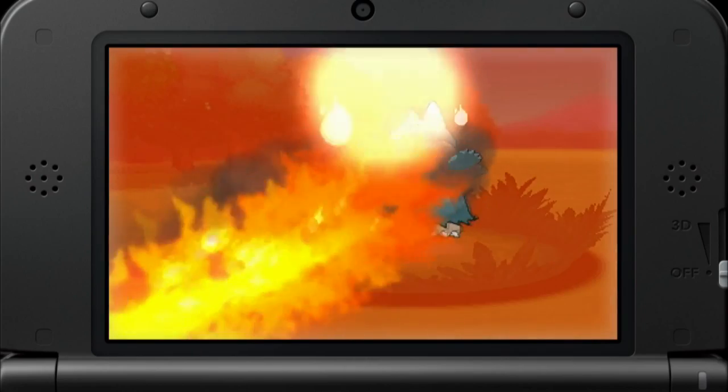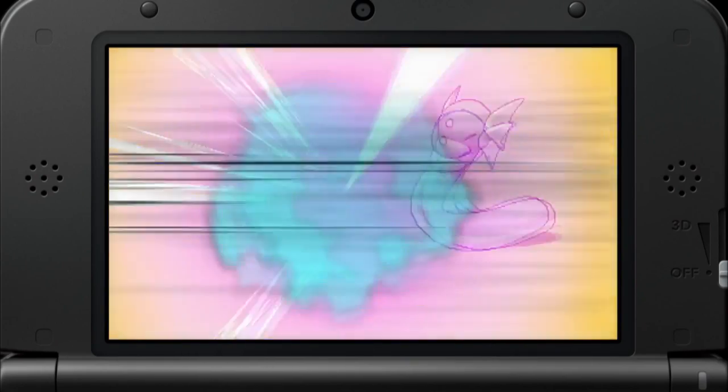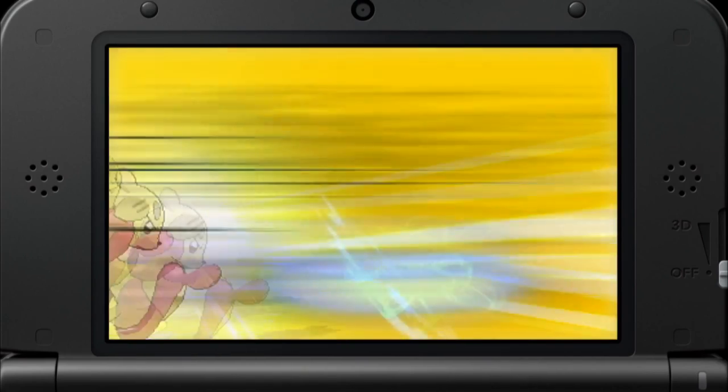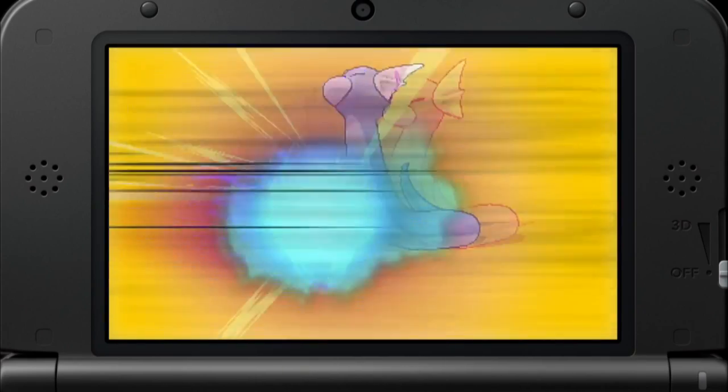Nintendo is actually stepping up their game, and I'm really glad about that. Another great piece of news is that in this clip you can basically see Mienshao throwing a Kamehameha at Dratini, which is by the way an Aura Sphere. But what I'm trying to say here is that the fact that Dratini is in this game means that the